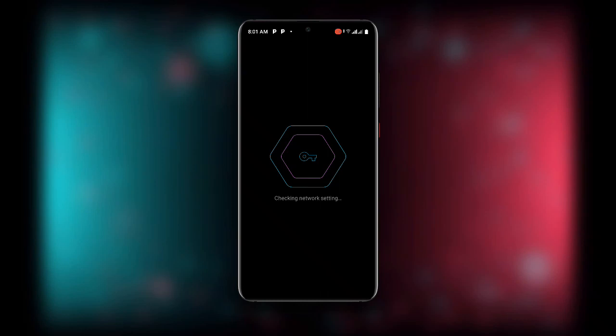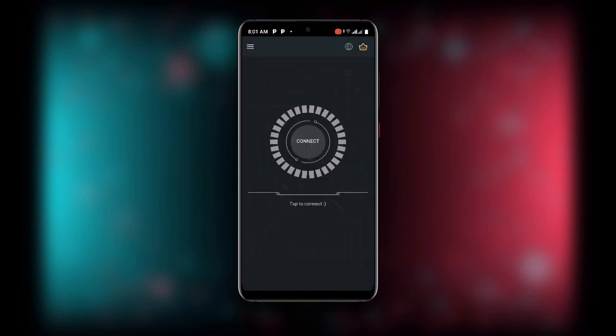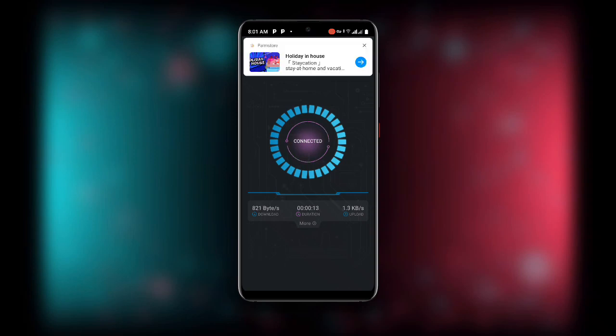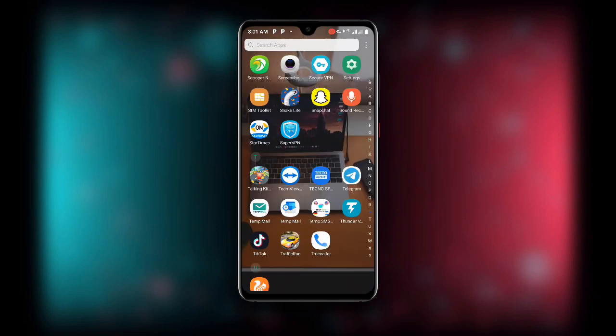Once you open your secure VPN, you can see checking network settings. Just wait for it to load. Wait as it is connecting, then click on connect, and you can see connected. Now you can see the key button at the top here, and it shows connected. It means I have now connected to this secure VPN. Once you are connected, just go back and then